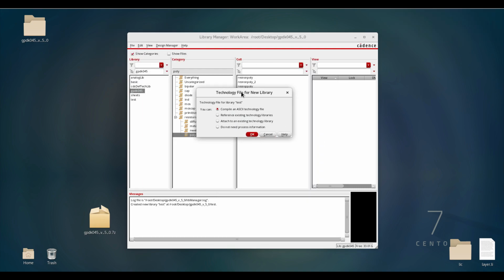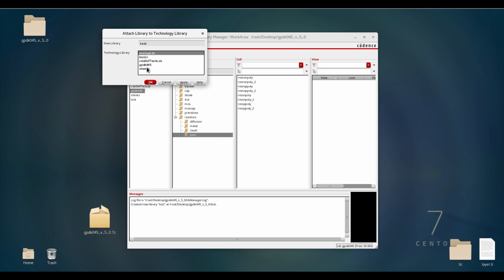So technology file library. Here in the technology file library we need to attach the existing technology. You need to choose the third option because we already have existing technology, that is nothing but our GPDK 45. We need to attach this folder to this GPDK 45. So whatever device we are taking, the technology files will be redirected to this GPDK 45 folder. That's why we need to choose the existing technology, 45 nanometer, here.